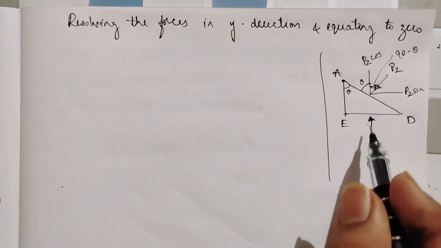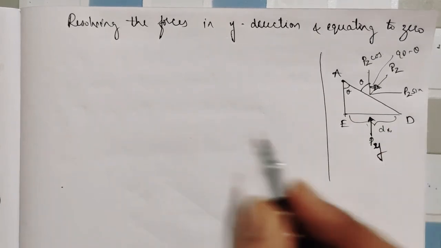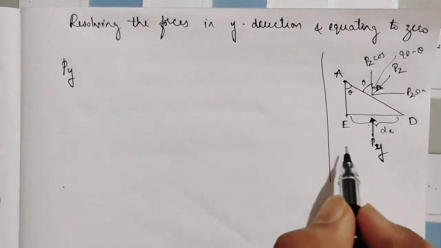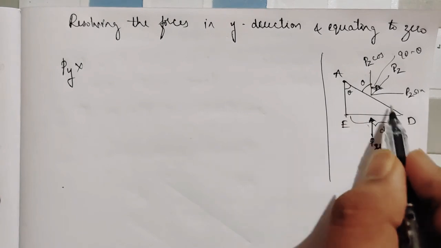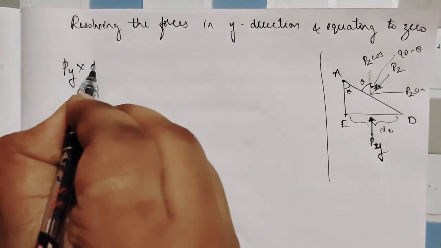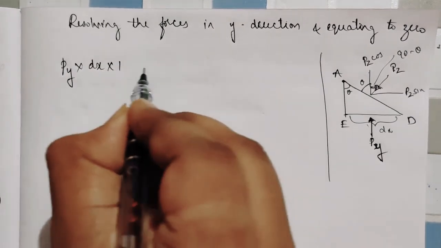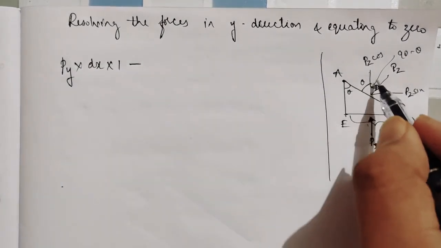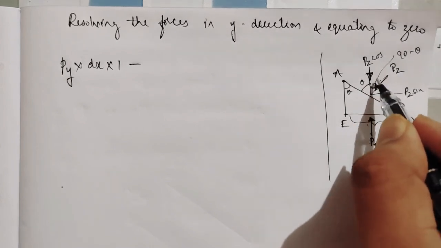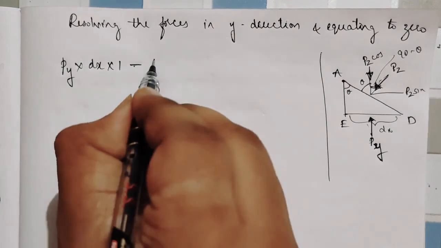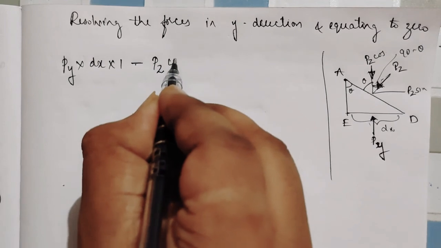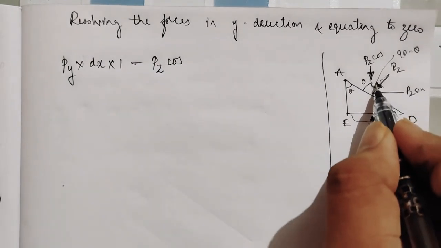Now in y direction I want this. This is dx. So py into the area of this face, py into dx into 1. And this is in this direction, no? So the cos term will be in this direction, opposite. So I'll take minus. So pz I took into cos. This angle I want, that is what?